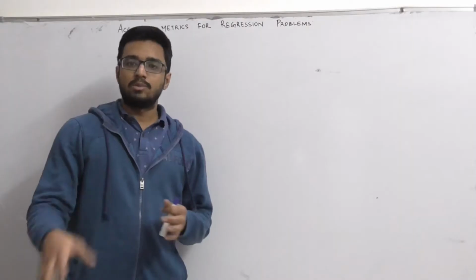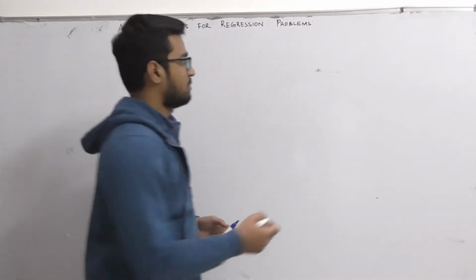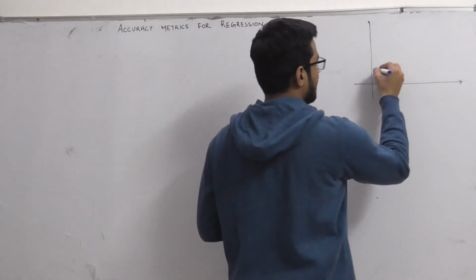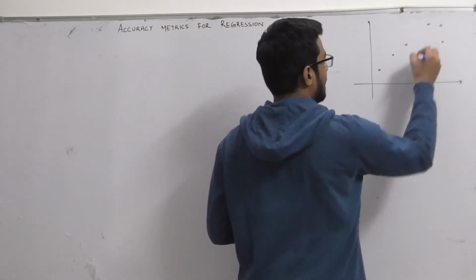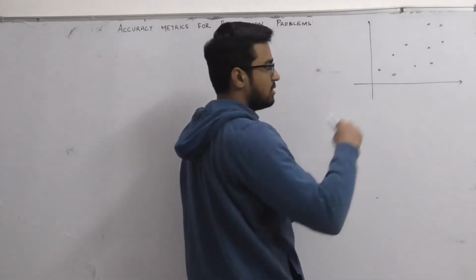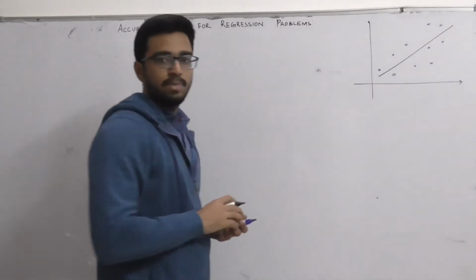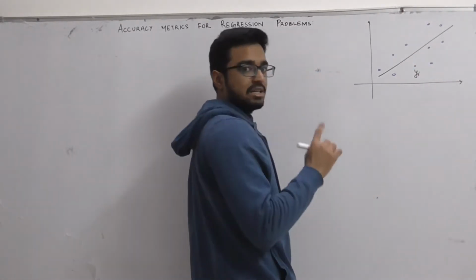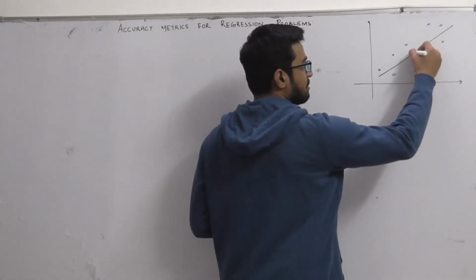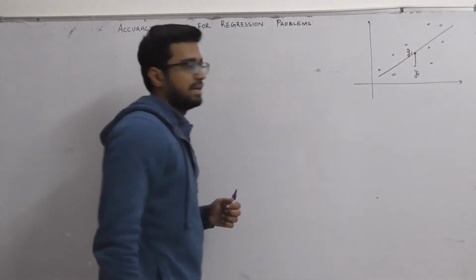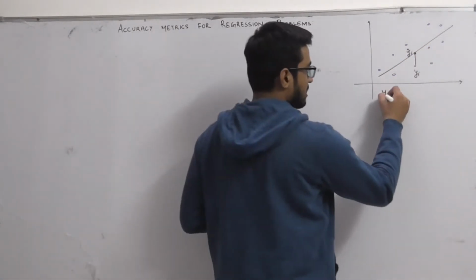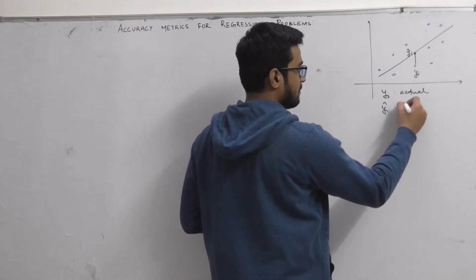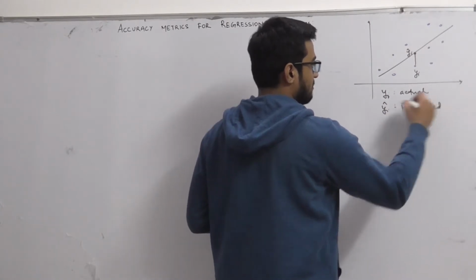So let's start. Suppose that we are solving a predictive modeling problem and we have our data set like this, and we have some data points here and there, and what we do, we fit a best fit line to these data just like this. Okay, so for this particular yi, the ith target variable, I can have some predicted yi. So my yi is the actual value, and yi cap is the predicted value.